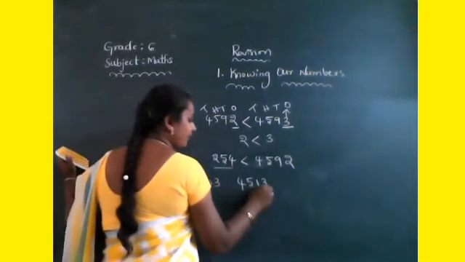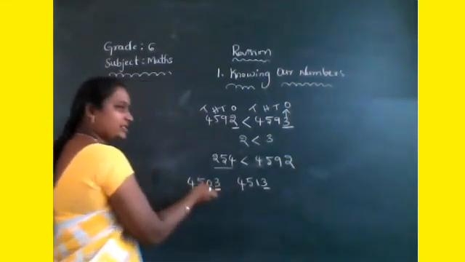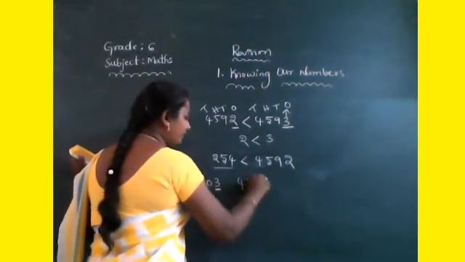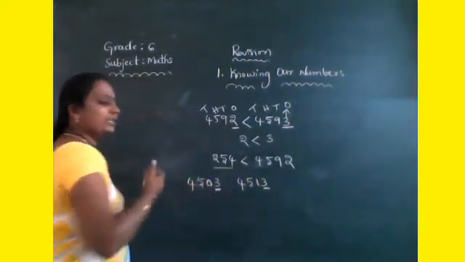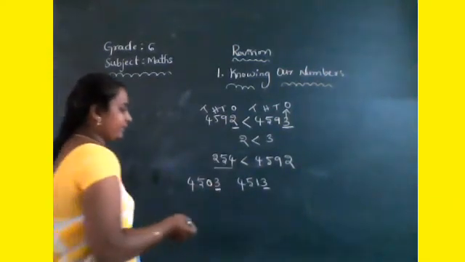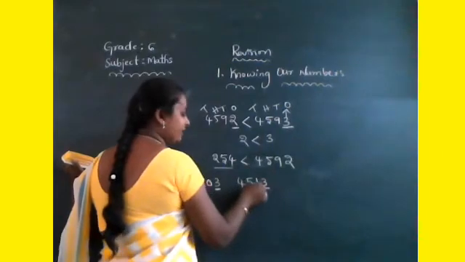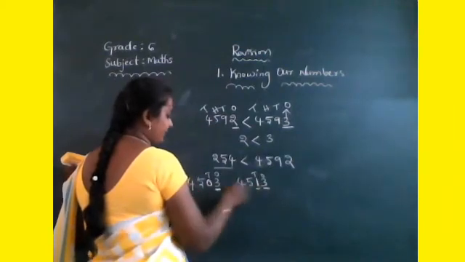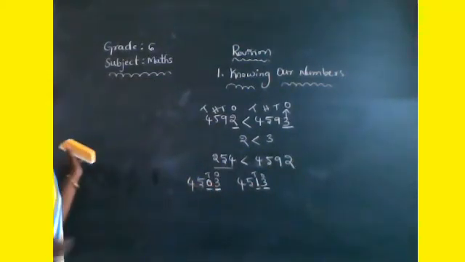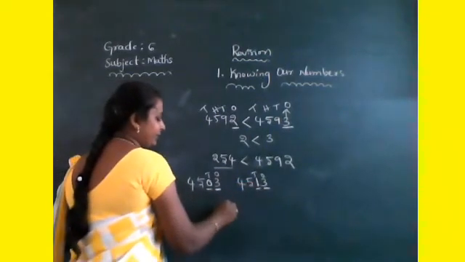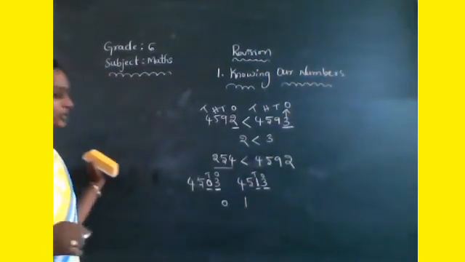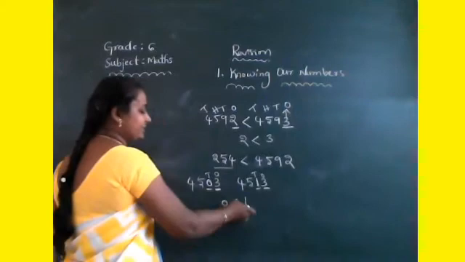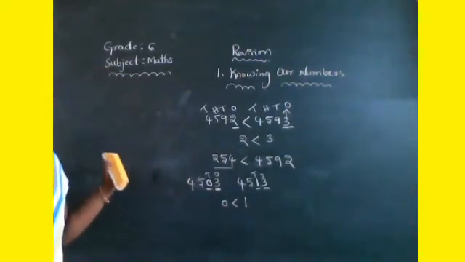So here the starting digit is 3. Here the place also has 3. Same. But we cannot compare which is greater, so it is not possible. So that's why go to the next place value, that is the tens place. Which digit does it contain? 1. Here 0. Tell me now, 0 and 1 are different, so it is very easy to compare these two numbers. Which is greater? Yes, 0 is less than 1. That means 1 is greater than 0.